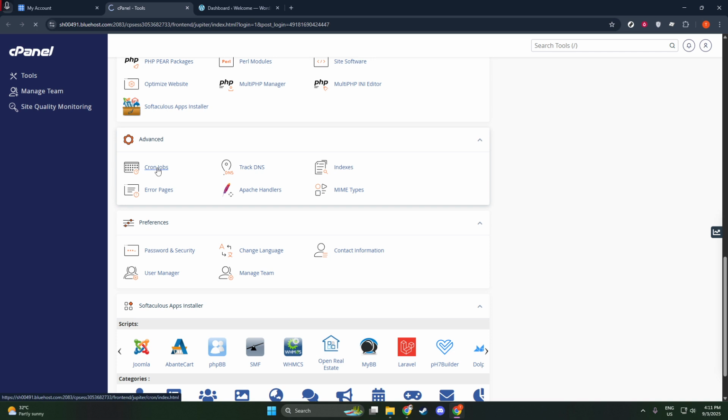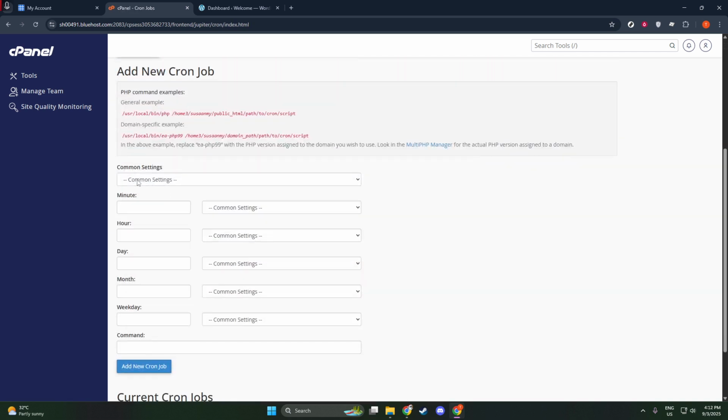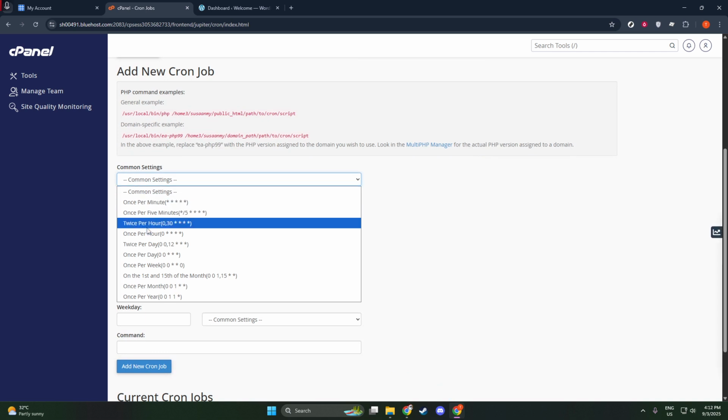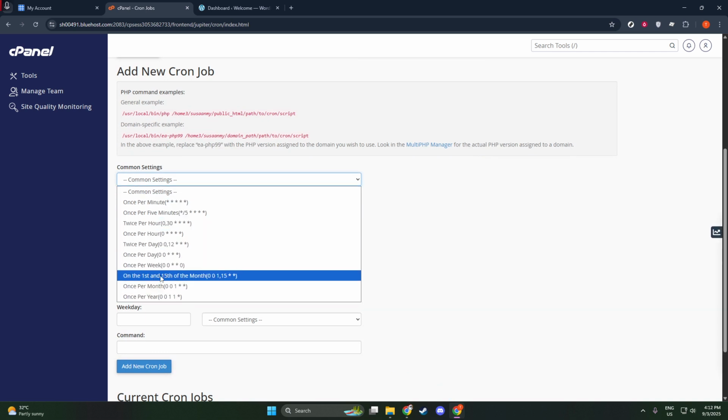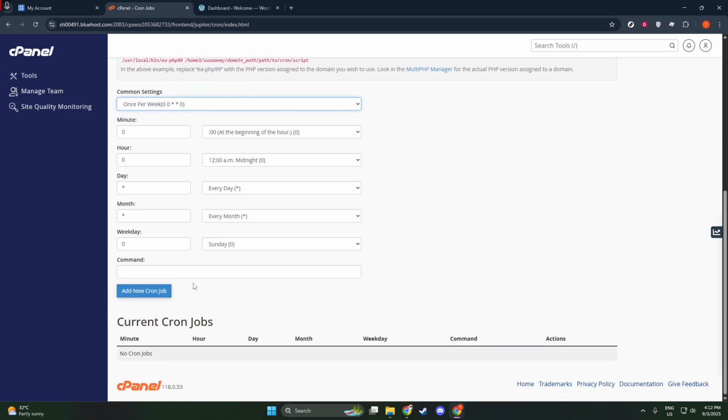Now, within the cron jobs section, you have the opportunity to set up a new cron job. This is where you'll specify how frequently the task should be executed. For regular tasks that don't need to run every minute, setting them to run every 5 or 15 minutes is a common choice. This is often enough to maintain efficient operation while minimizing server load, especially if the task is